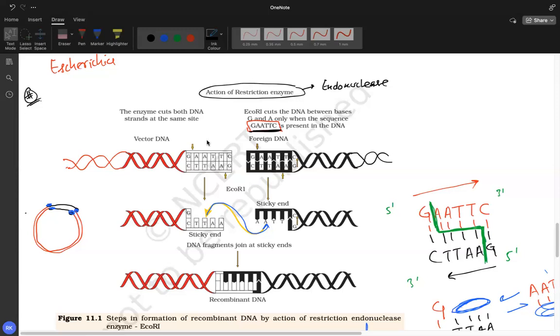Next point, it binds to that sequence and cuts the two strands